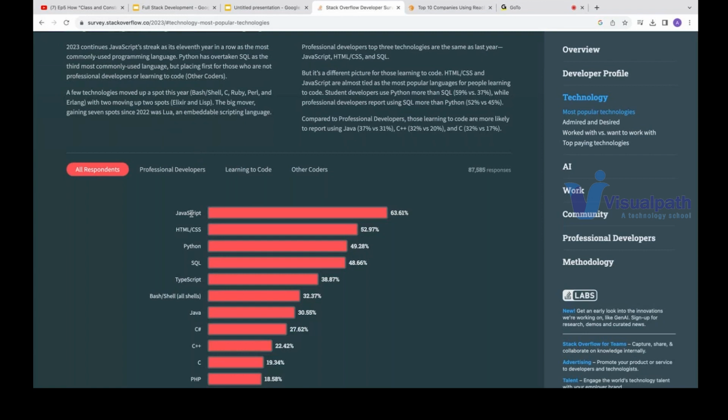Why JavaScript? What is JavaScript? JavaScript is basically the base of any UI which you see, in most cases. Okay, so this is being used across, and the percentage is 63. After that, HTML and CSS. So, don't you think we are covering both of these in our course? In the MERN course where React is covered, we will start with HTML, CSS, and JavaScript, and then we go to React. That's how we will learn React. So, we are learning the topmost programming language if you have enrolled into MERN. That is the very first thing you have to understand,